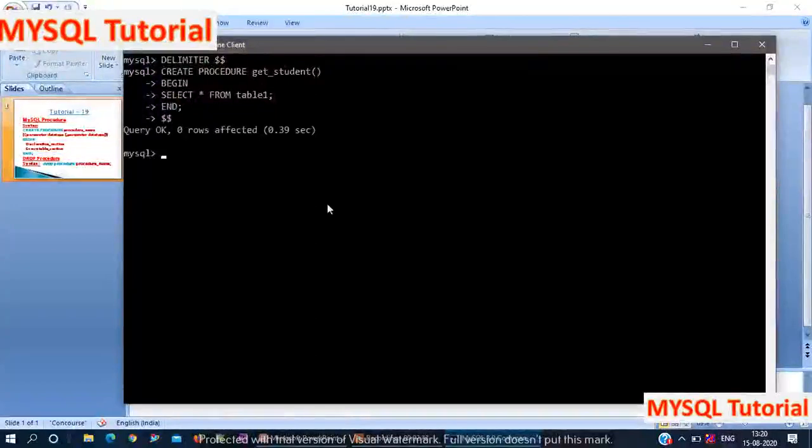Now we call the procedure by using call, then procedure name. Here we give the procedure name as get student. That's why here call procedure name get student. Here we did not specify any parameter, that's why we just leave this bracket empty.